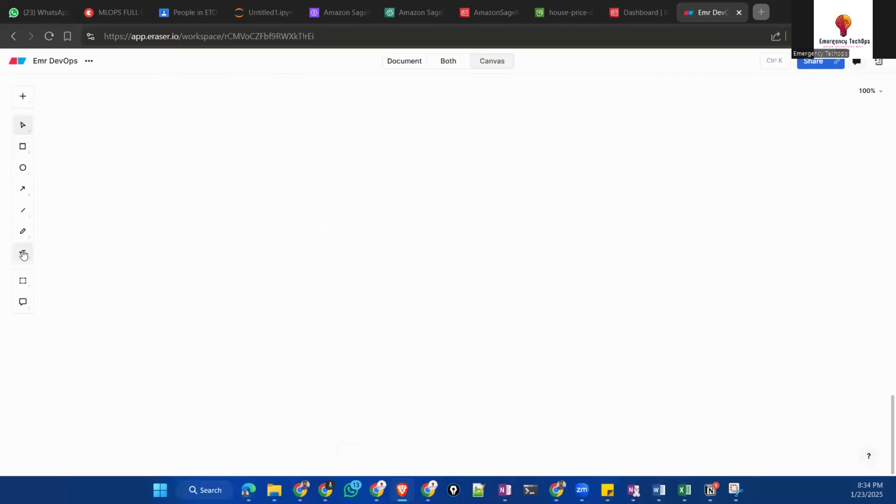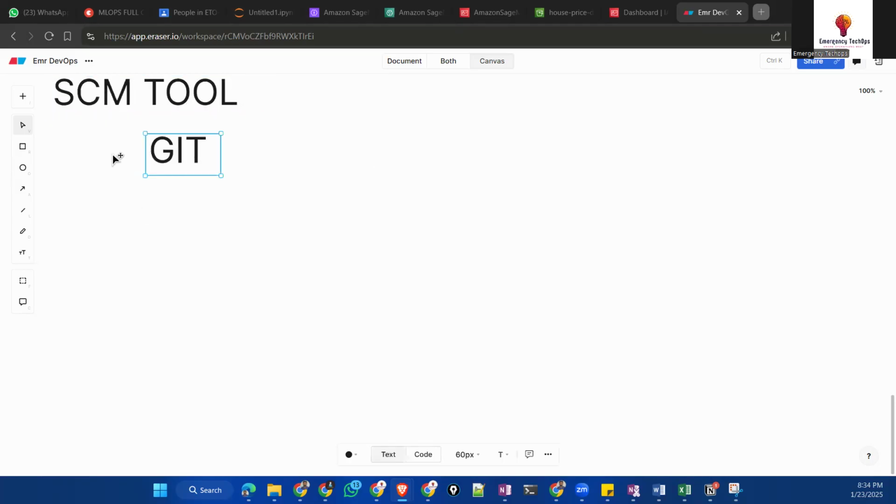Now let's talk about Git. Git is an SCM tool, source code management, where the company's source of truth is a database, but the source is your Git only.